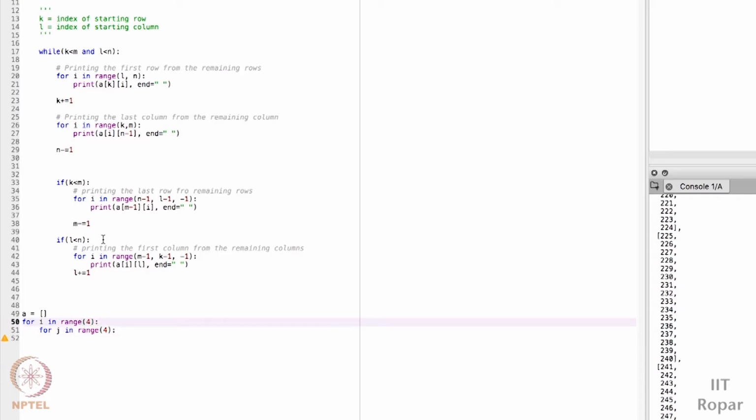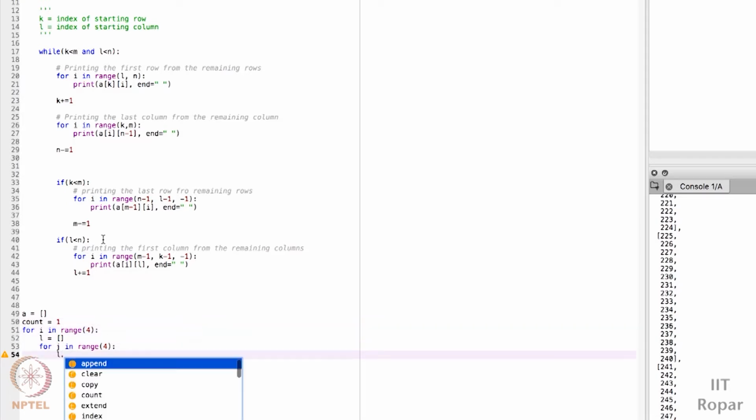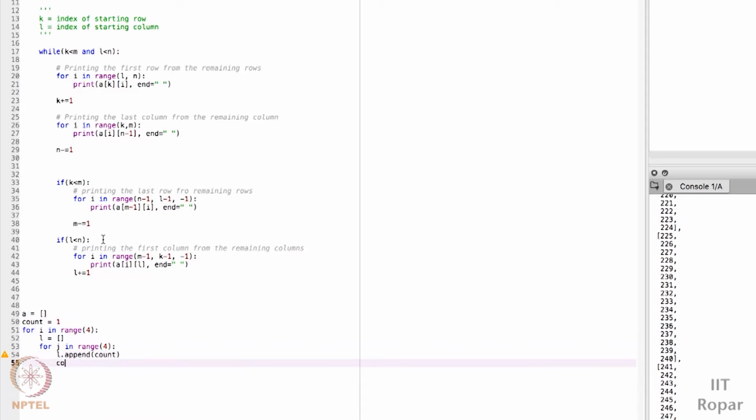Let me create a list here, L, and for now let me add the elements 1, 2, 3, 4, 5, 6, 7, 8, 9, 10 up to 16. So I'll take the count variable and put it as 1. And here I'll just append the count variable and increment it. Okay, so I have the elements.